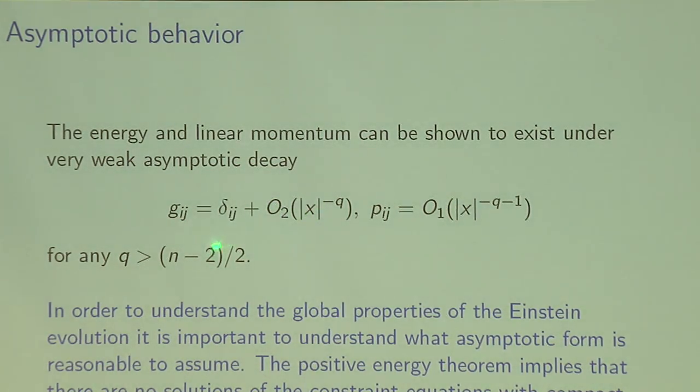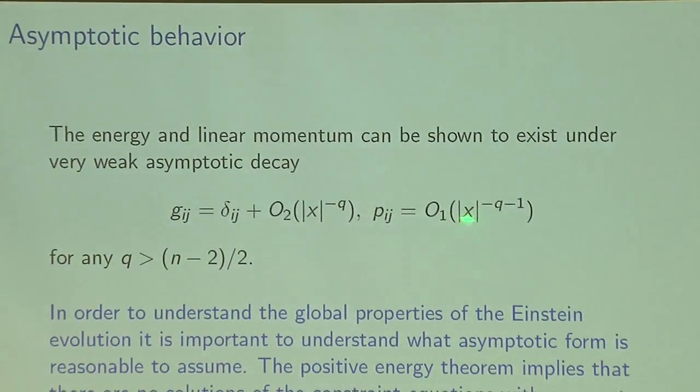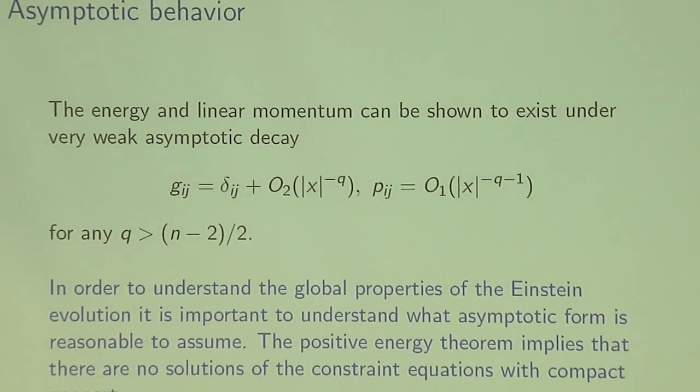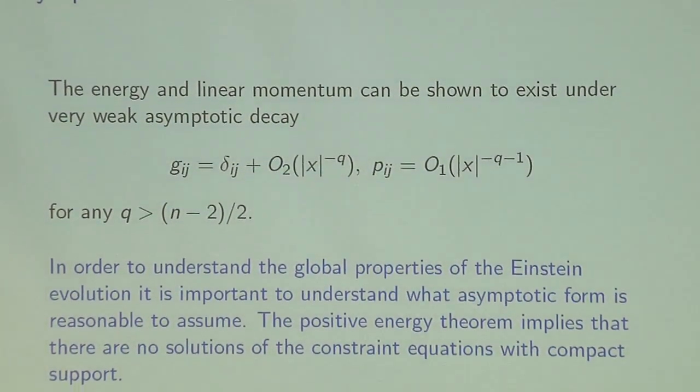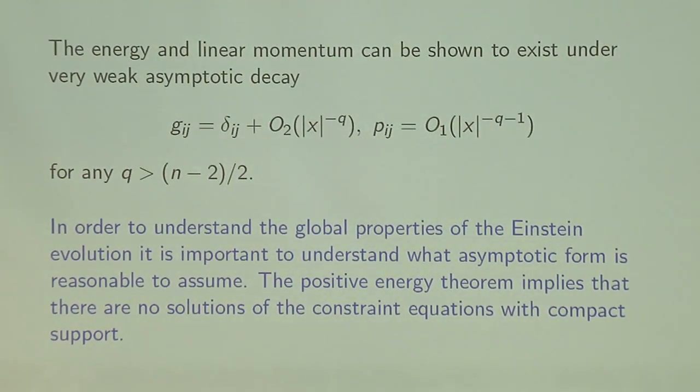So this is x to the minus q, where q is bigger than this magic number, (n minus 2) over 2. And then p falls off 1 order faster. So p is a derivative of g, so it should fall off faster than g does to the Euclidean metric. Okay, and so